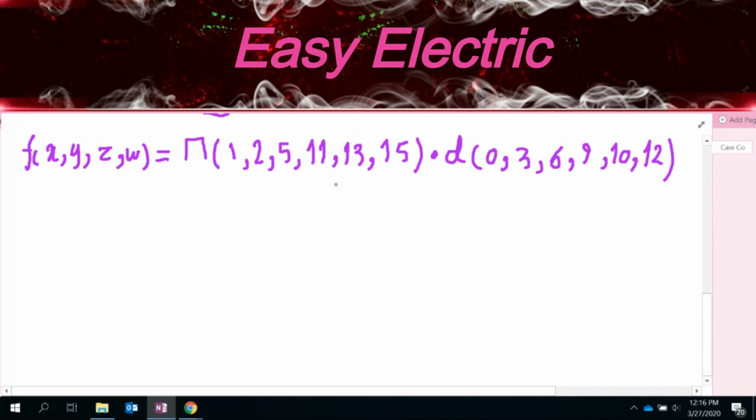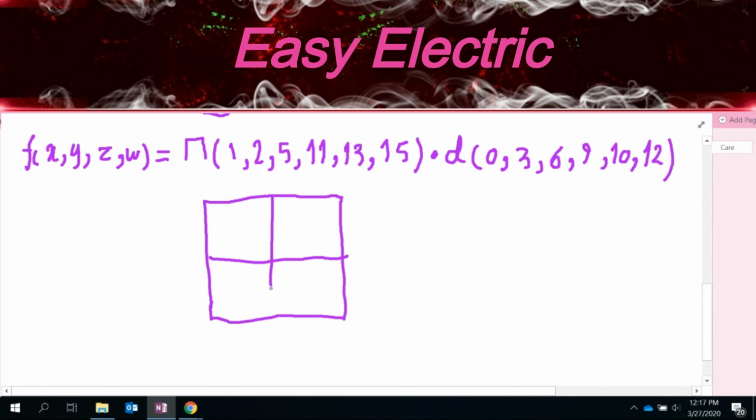Okay. Again, we want to simplify this function and get the simplest form of our function. So as you already know, you just get the Karnaugh table. So you have 4 variables. You could have the K-map with 16 squares inside that. So you actually